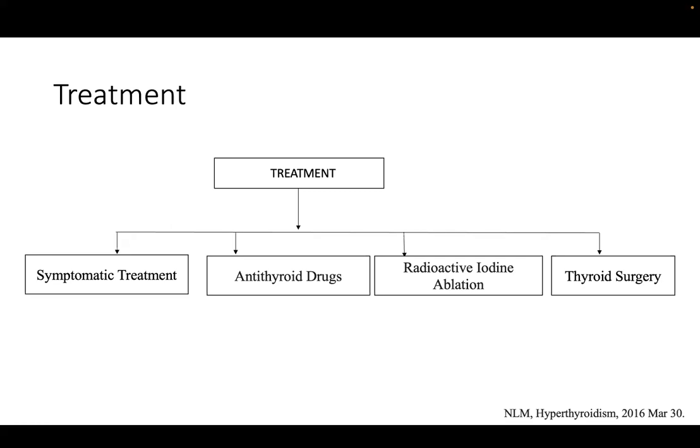In addition, you will have to give them propranolol, corticosteroids. If the patient is in atrial fibrillation, you have to give amiodarone. All those things are there. But by and large, you will be able to achieve euthyroid status with a maximum of 10 weeks. 8 to 10 weeks, you will get it. And then you have to immediately decide, if it is Graves', depending on the age of the patient and preference of the patient, you either operate on them or you give them radioiodine.